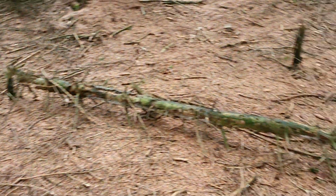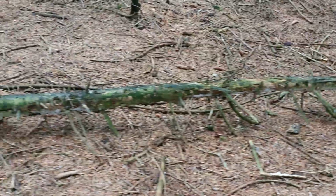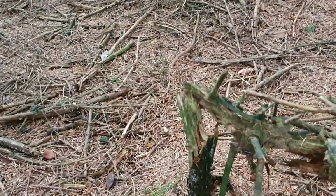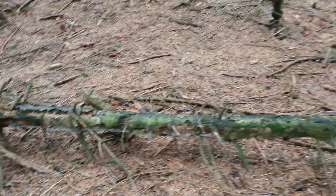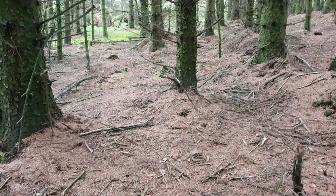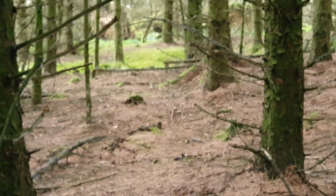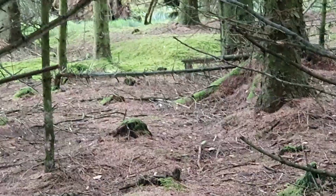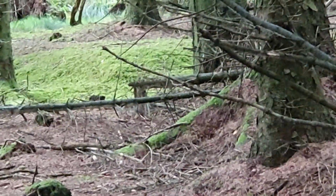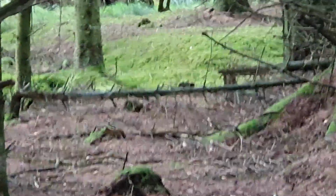So I'll do a full 180. And from where I am standing here, we've got this low level break. You can see where it's broke there. So if I just raise my field of vision up, and we're going to look over here, I'm going to zoom in onto it. Dead centre of the screen here. Can you see that? Now if I zoom out of that,